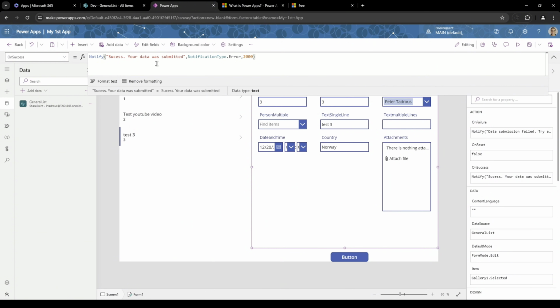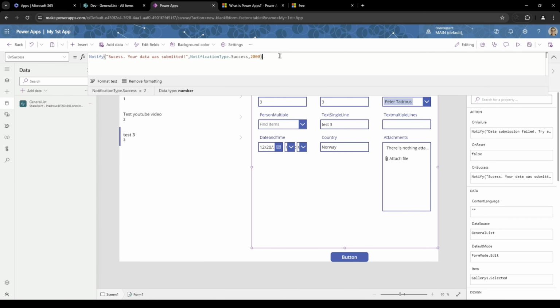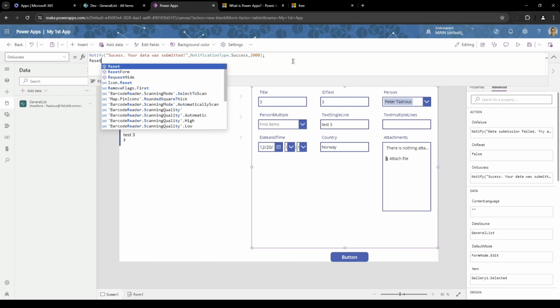All right. And for notification type, remove the error and make it success, and also for 2 seconds. All right, so once on the success, to write another command or code, just add a semicolon and a new line, or you can just continue here, but I want to make it a new line, and I'm gonna say reset form,